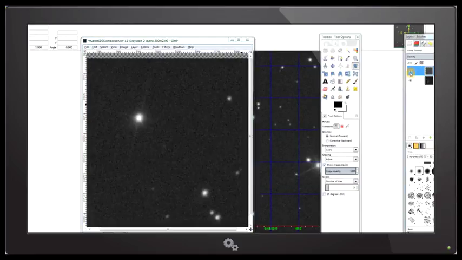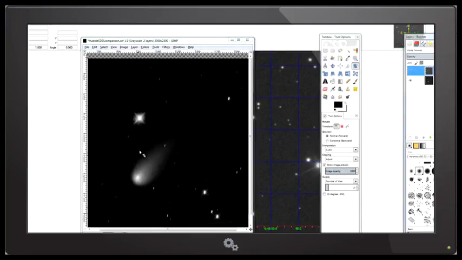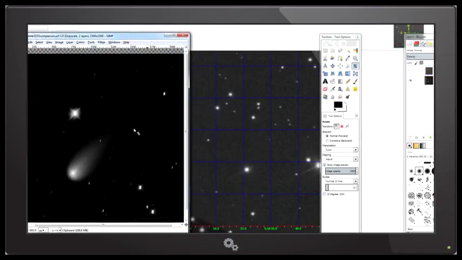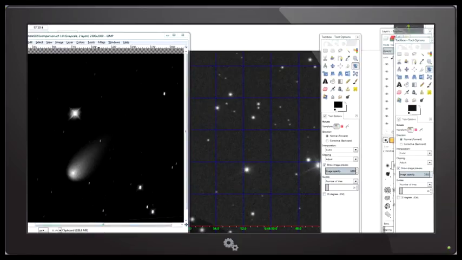And you can see the stars are now a perfect match between the SDSS image and the Hubble image. So that is the angular difference between the Hubble image and a true orientation where right ascension is horizontal, declination is vertical. So now, if we go back to our Celestia image,